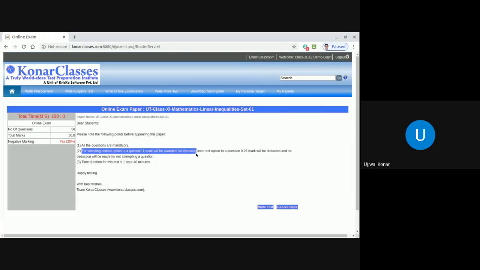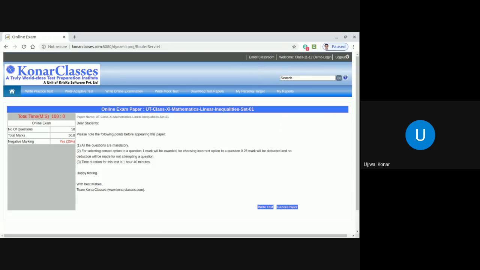For choosing an incorrect option to a question, 0.25 mark will be deducted, and no deduction will be made for not attempting a question. Time duration for this test is 1 hour 40 minutes. If you recall, dear students, when I gave DPPs, the instruction was that you don't need to worry about how many marks you are getting. You should only worry about how well you are learning and applying this learning